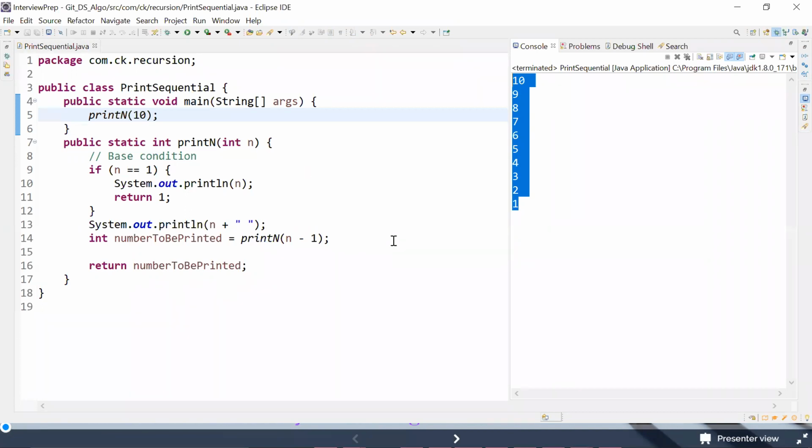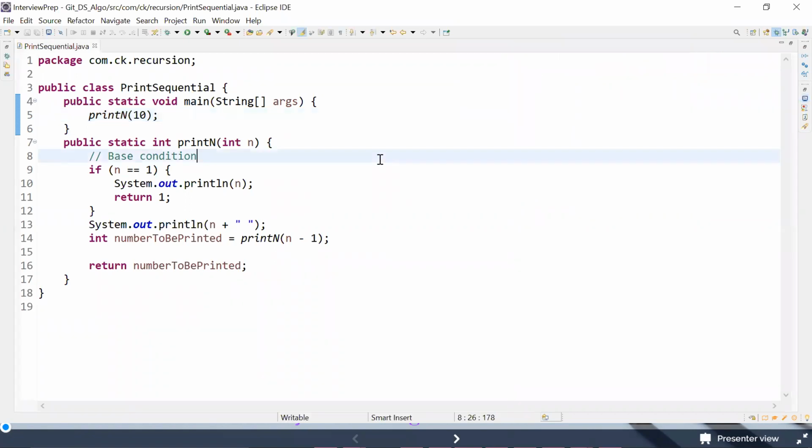I don't know if you have tried, you can try reversing a linked list using recursion also. Previously we did reversing a linked list using the 3-pointer solution. So you can do that using recursion also. That is also a very powerful way of doing it, right? So guys, this is just a revision of what we have done on recursion. Just wanted to ask, are you clear with me?